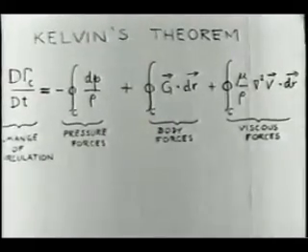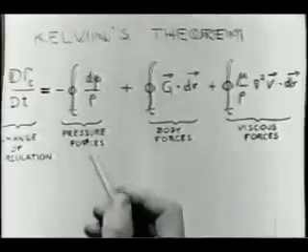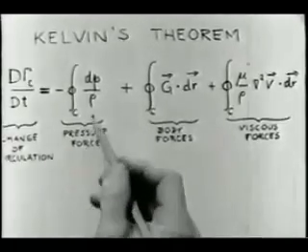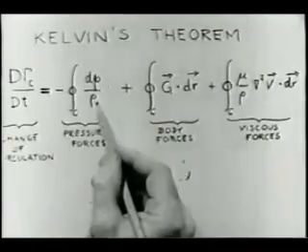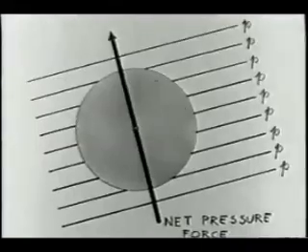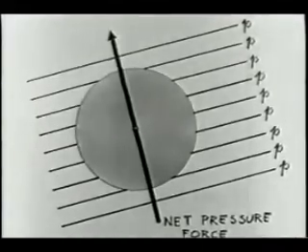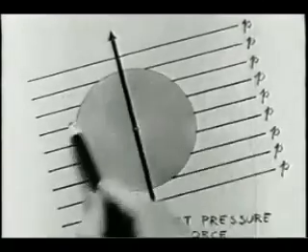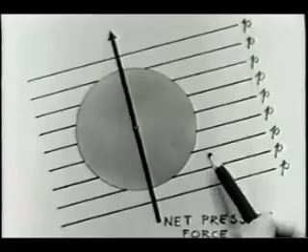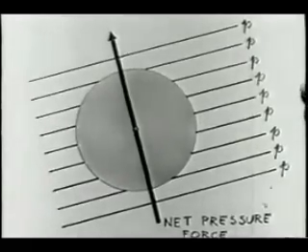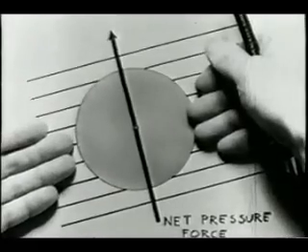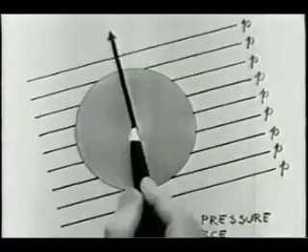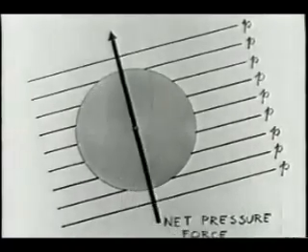The third circulation-changing factor is the torque due to pressure forces. Incidentally, if the fluid is incompressible, this term is zero, and so it cannot change the circulation. To think about this physically, let this be a small fluid particle, and let these be the lines of constant pressure in its neighborhood. The pressure forces acting parallel to these lines exactly cancel each other, and so the net